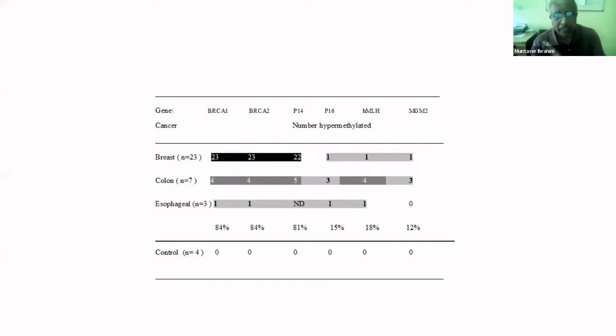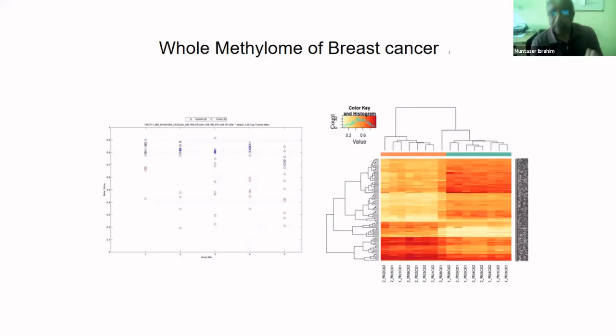Again, breast cancer had a completely different profile from colon cancer, nasopharyngeal carcinoma, and esophageal cancer. Then the age of genomics came into being, and we did a whole methylome analysis on a breast cancer cohort. It showed that indeed the reason for the loss of function of BRCA1, BRCA2 and other genes is epigenetic silencing, and that was very common, as well as other genes that you can incriminate in the